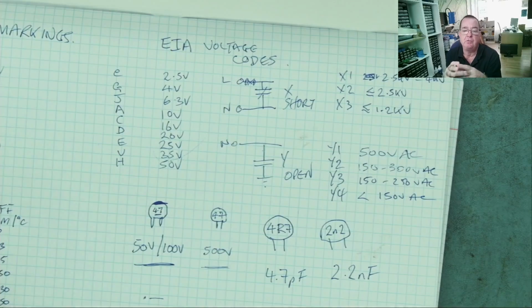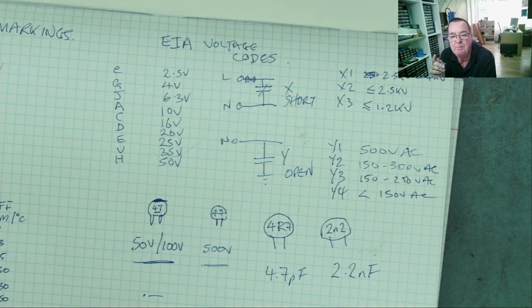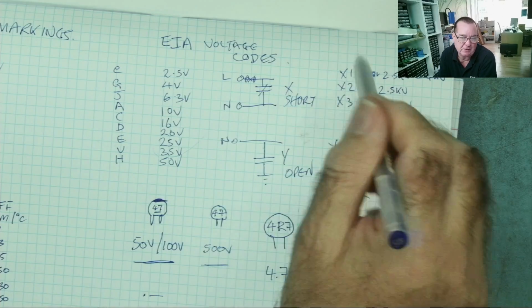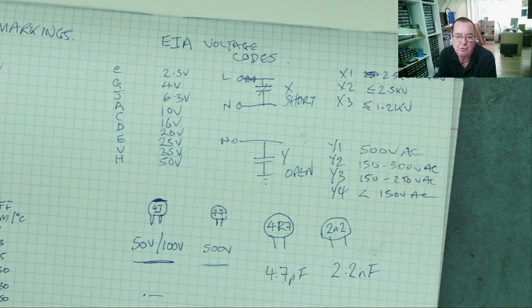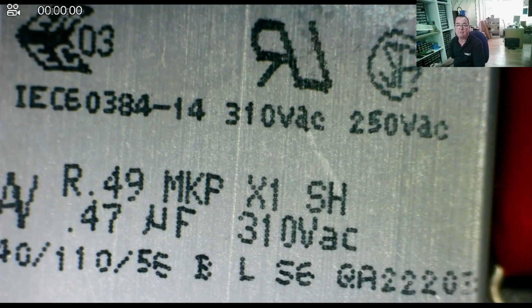So those are your X and Y capacitors. That's what they do. Do not mix them up. When you're replacing these, do not mix these things up. Make sure you put the right type in. Otherwise, you could be electrocuting somebody somewhere down the line if you stick an X capacitor in there. Okay, carry on. A little larger again,